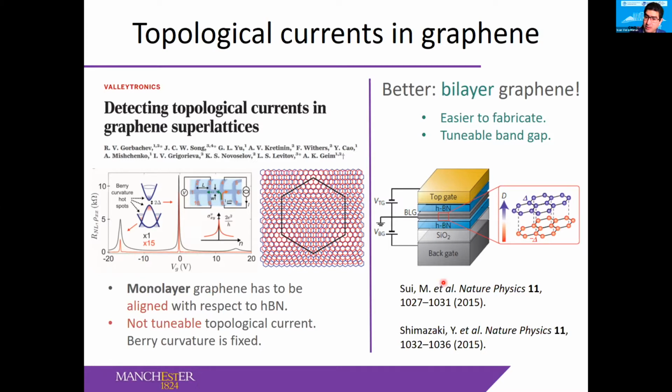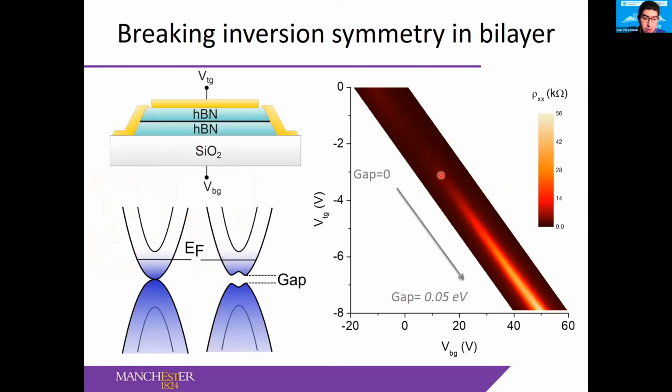So now this takes me to the second person I want to give credit for in this second part of the talk, a colleague of ours, Dennis Van During, who had worked on introducing this electrostatic gating of the non-charge-based transport in bilayer systems. And why bilayer? Well, first of all, because you can now tune the bandgap, and therefore you have full electrostatic control of those hotspots for the Berry curvature,